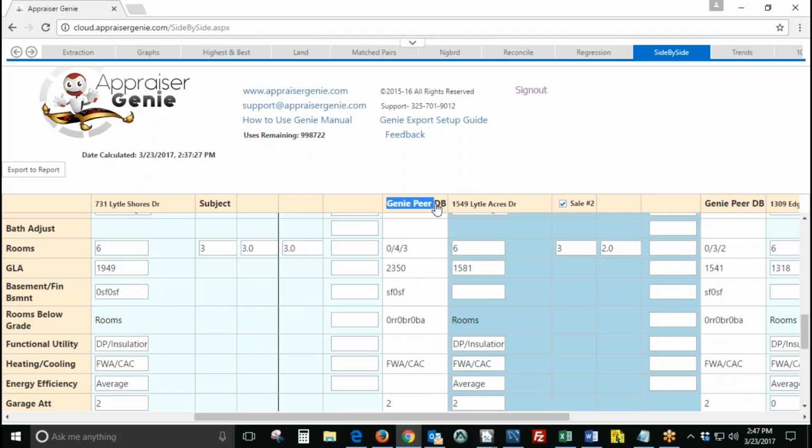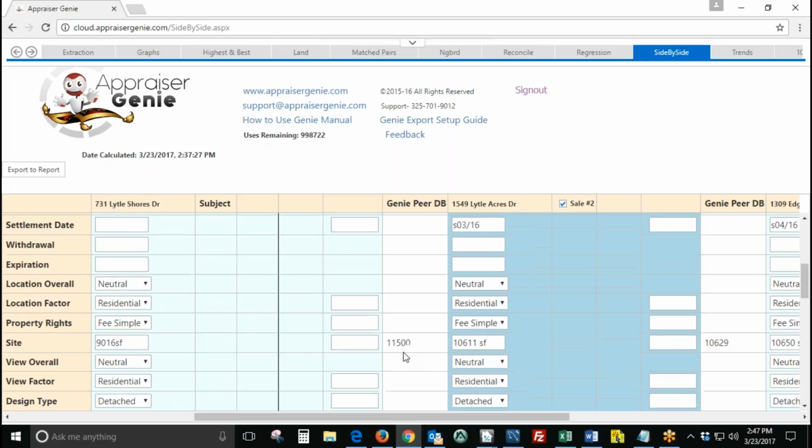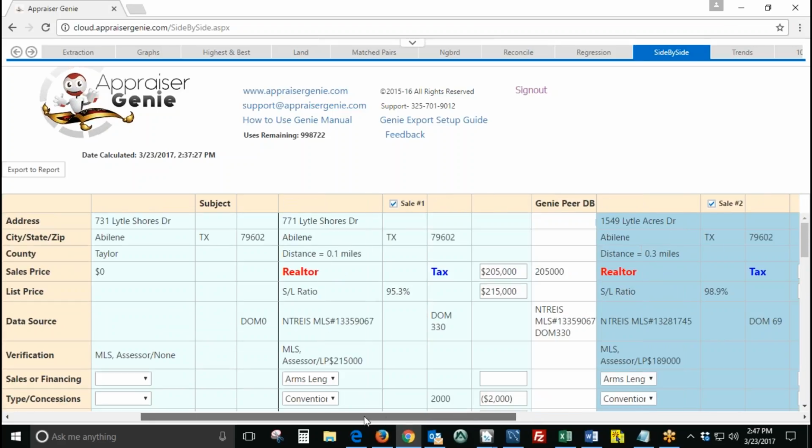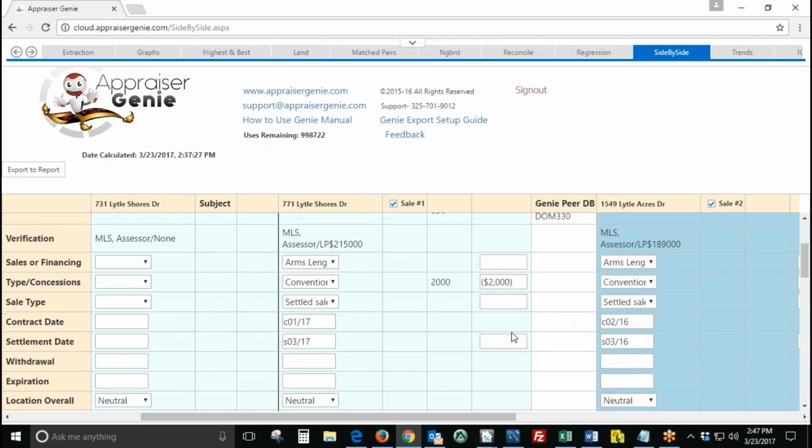You're going to notice in the middle of each comp there's a field or a column that says Genie Peer Database. And you'll notice if there's information that's automatically displaying in the middle here, that's our peer database saying this comp has been previously run through the Genie, here's the information. So we'll go back over here, 771 Lytle, it will pop up right after it,